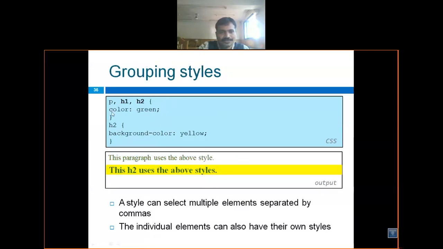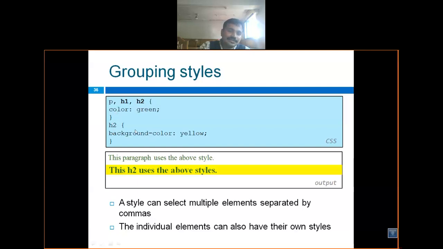In this case, we already discussed that I use a group of styles. I set the property for the entire heading and for the related p, so I use the grouping style. This is the property I set for my paragraph, this is the property for h1, this is h2. Whatever the grouping is, a comma is required between the selectors. So the grouping tag is used.